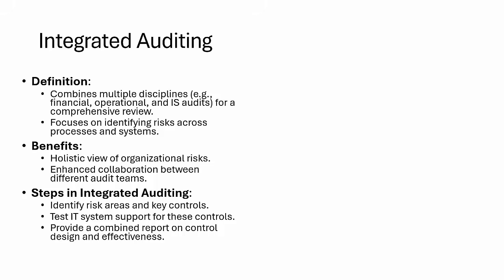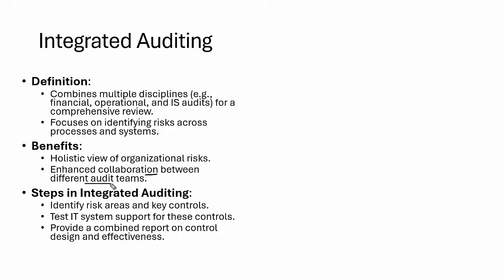That's a perfect example. So, if you get a question, what is the primary benefit of conducting an integrated audit? Holistic view of organization risk. Because if you're doing a one-process audit and we find nothing, it might be that the process is very closely aligned with another critical process. You getting a point? That is why, by doing the integrated audit, you will get a holistic view of the organization risk. Second, we are able to enhance the collaboration between the different audit teams.